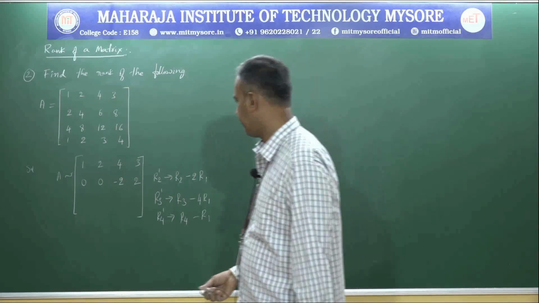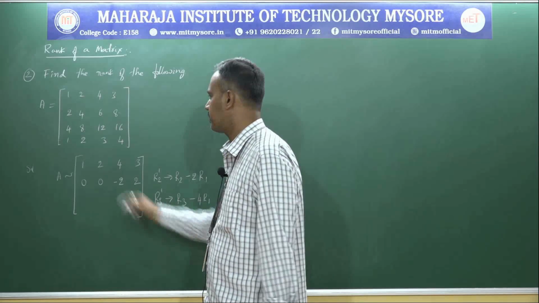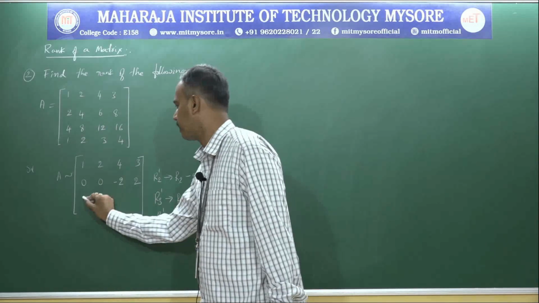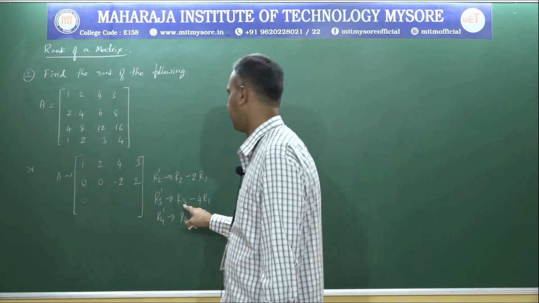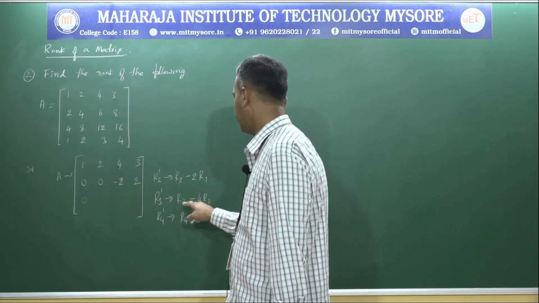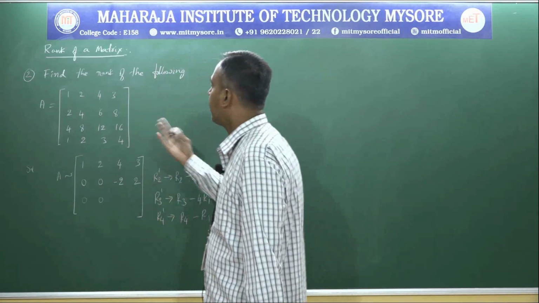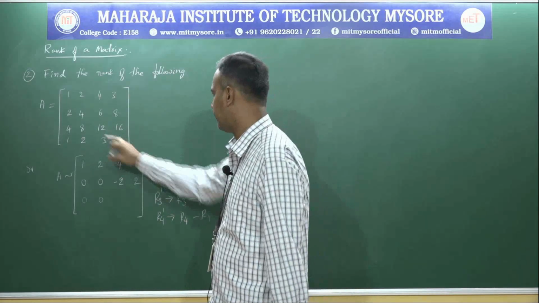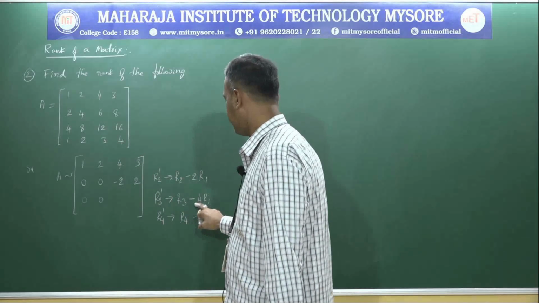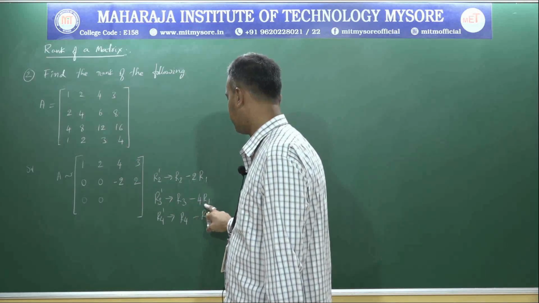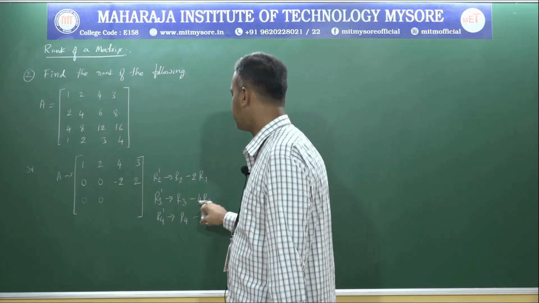Likewise, the row 3 operations. The first element is 0. Then 8 minus 4 into 2, that is 8 minus 8, gives 0. The next one in R3 is 12, so 12 minus,